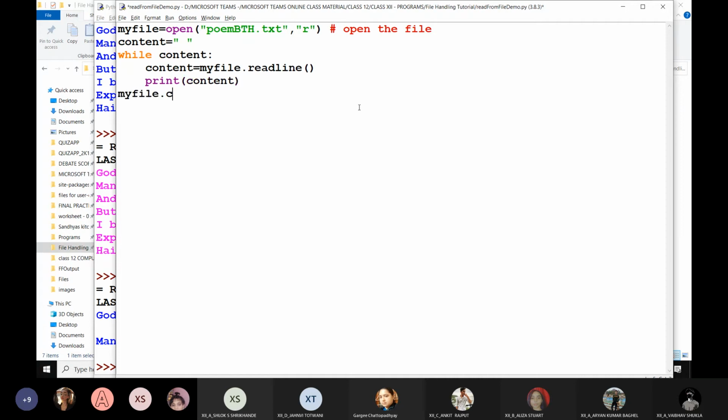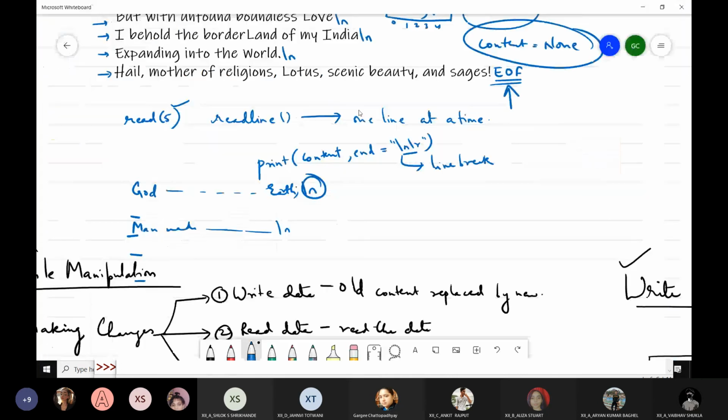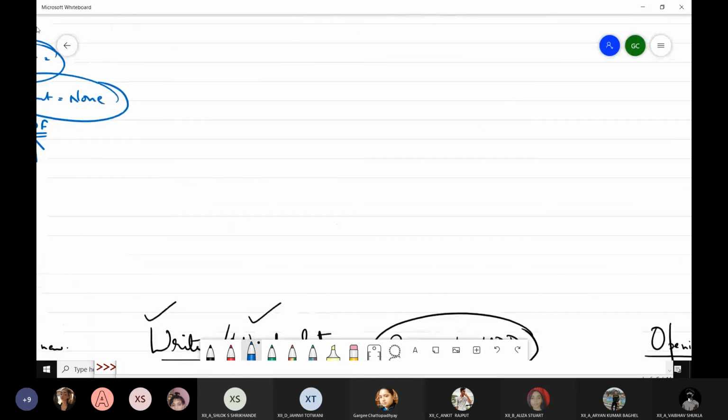And at the end, please make sure that you also call the close function, which dissociates your disk file from the file object. This is a very important function, students, although in case of reading a file, it is not that important because you are not making any changes in the file.